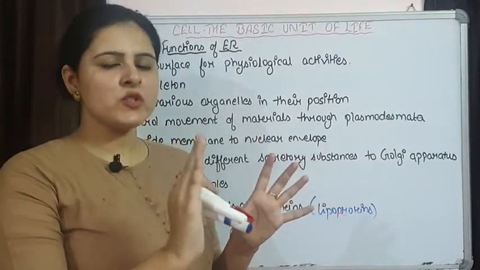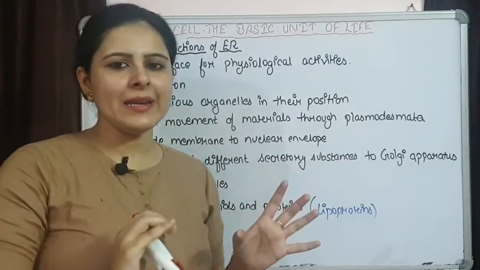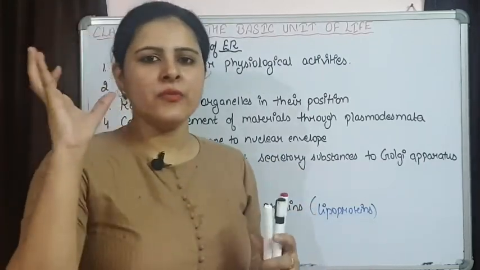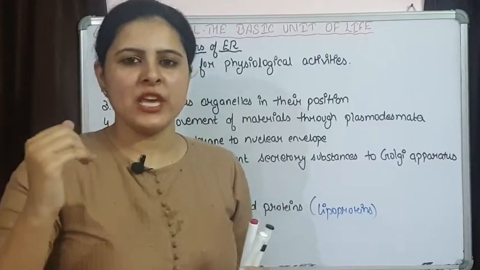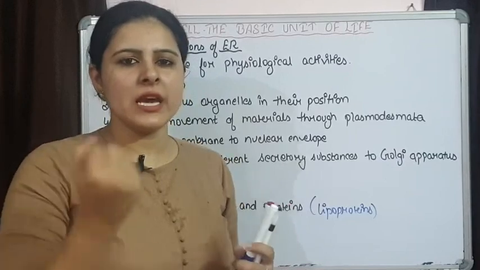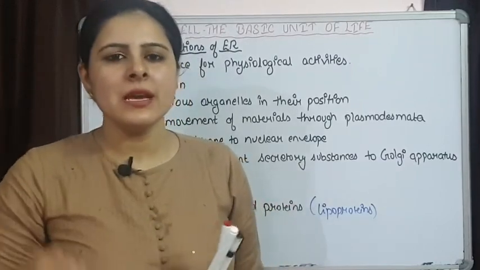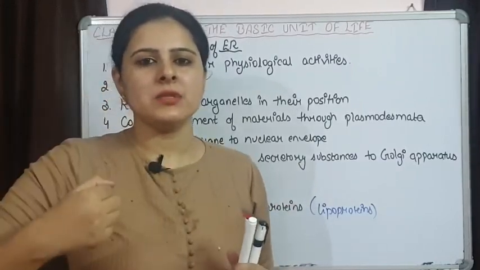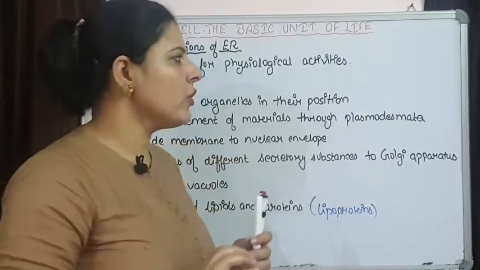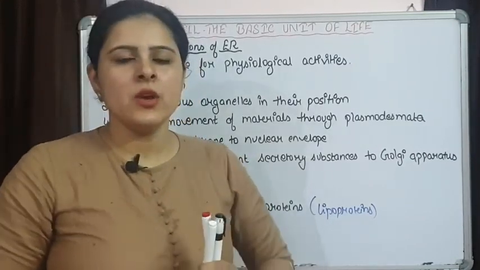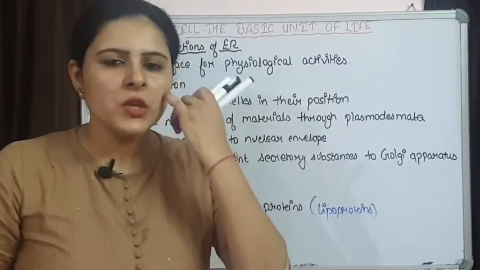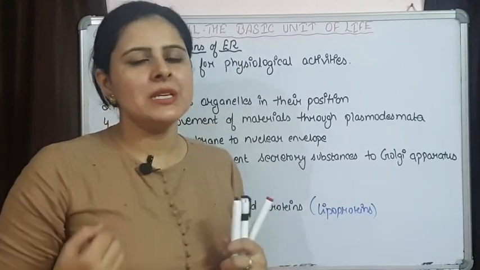But if we talk about specific functions of RER and SER, then we know that RER are having specific glycoproteins for the attachment of ribosomes. So ribosomes are present on their surface, they are involved in protein synthesis, they are giving rise to enzymes that will be part of lysosomes further. They are involved in various secretory enzymes, or you can say enzymes that are present in our digestive system. So all these are going to come from these RER.